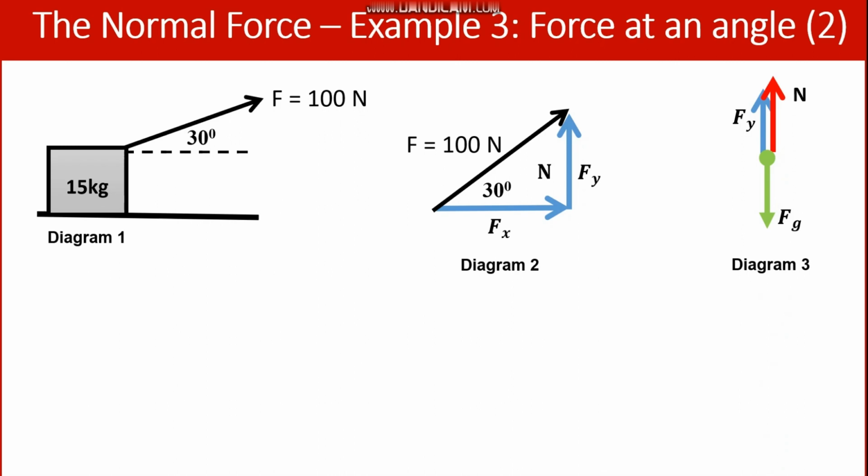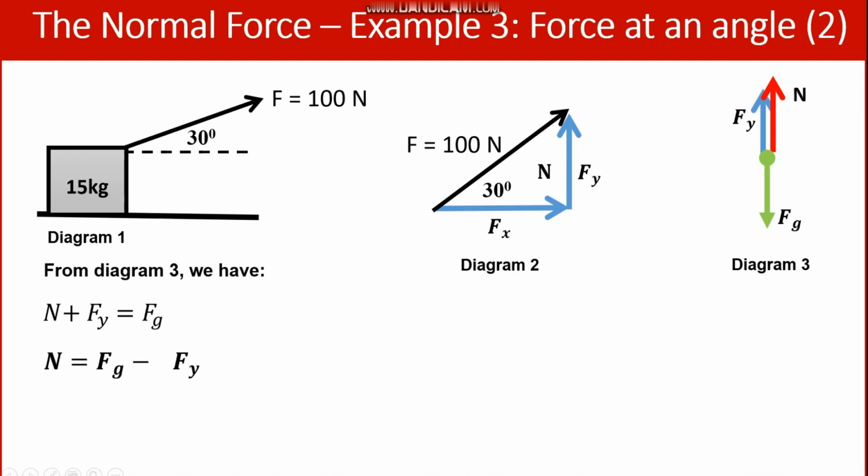Remember, forces that are acting up added together are going to equal forces that are acting in the downward direction. Having that in mind, from diagram 3, if you consider forces going up, we have Fy plus N, which is equal to Fg, the force going down. If you rearrange that equation, you get N equals Fg minus Fy,